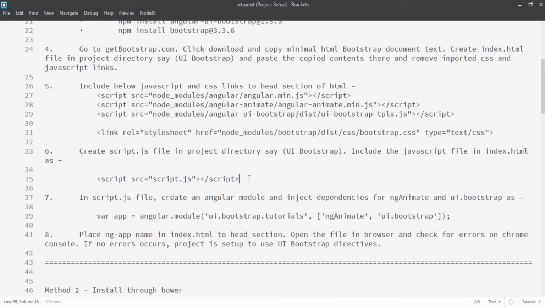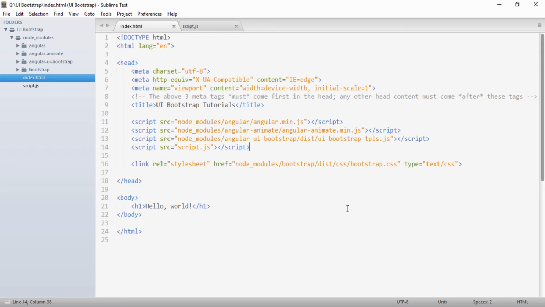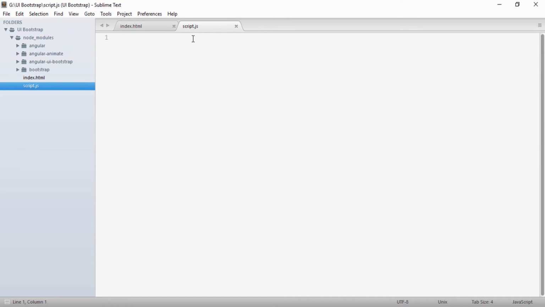So let's move ahead. In step 7, in our script.js file, we have to create an Angular module, and to that Angular module, we have to inject the dependencies for ng animate and UI Bootstrap. So let's go to our script.js file. Here I have to create an Angular module. So we will do var app equals angular.module,